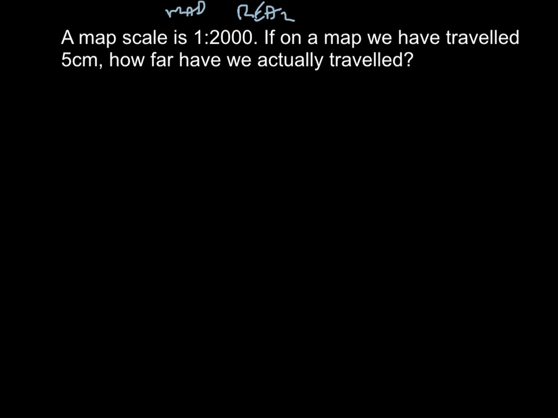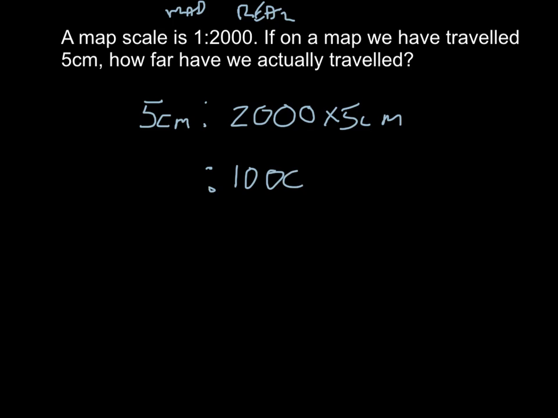Okay, so if I'm looking here at a map ratio, if I've travelled 5 centimetres on the map, on this side we've travelled 2,000 times 5 centimetres. 2,000 times 5 would give me 10,000